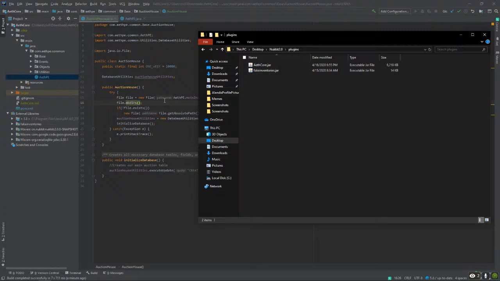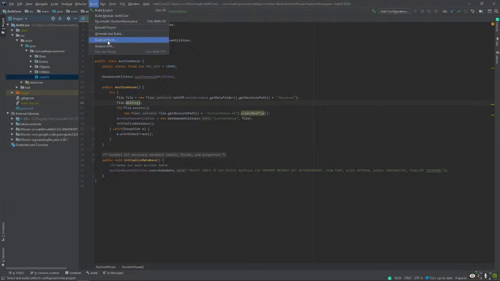So the makeDirs should fix that issue real quick.